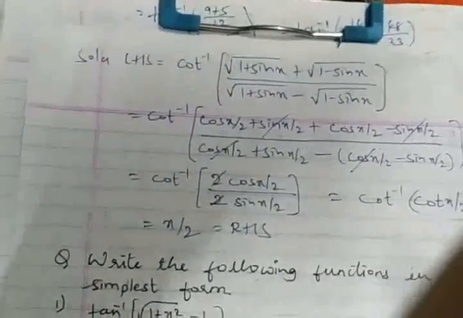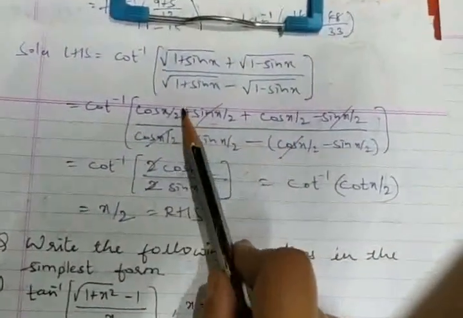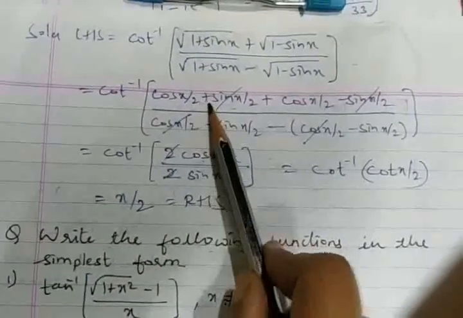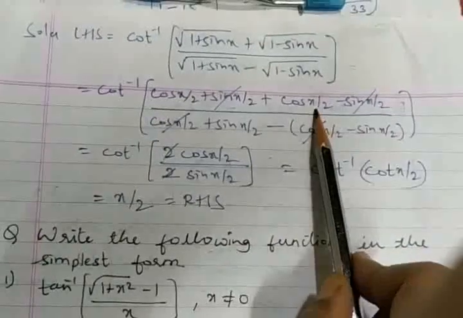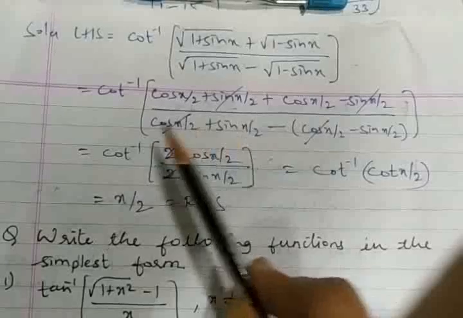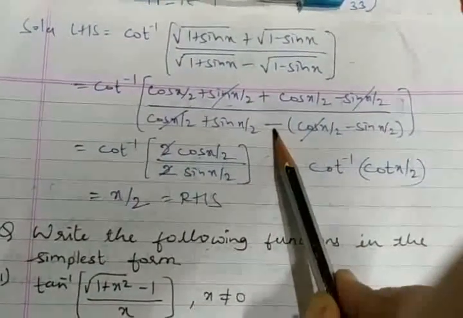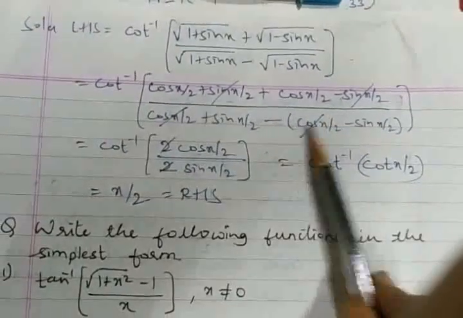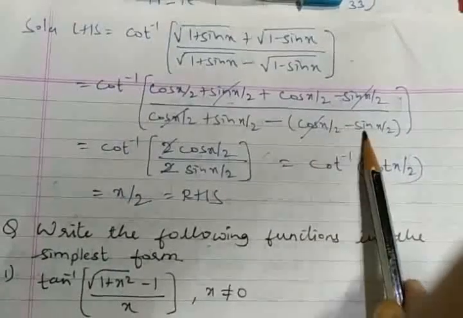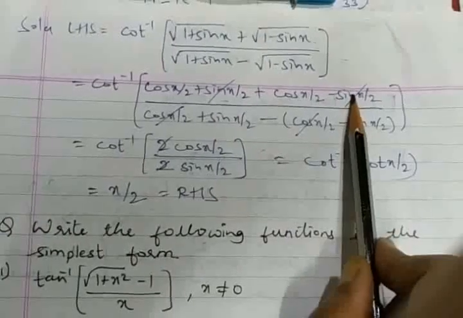I had done the simplification here. I find the terms to be root of... I had taken LHS. The root has vanished, the square has vanished. We're left out with numerator cos x by 2 plus sin x by 2, plus, it is a minus b, cos x by 2 minus sin x by 2. Denominator cos x by 2 plus sin x by 2. Root and square have been taken out. Be careful about this minus. Take it in a bracket and try to balance it. We're left with cos x by 2 minus sin x by 2. So in the numerator, plus and minus sin x by 2 get eliminated.